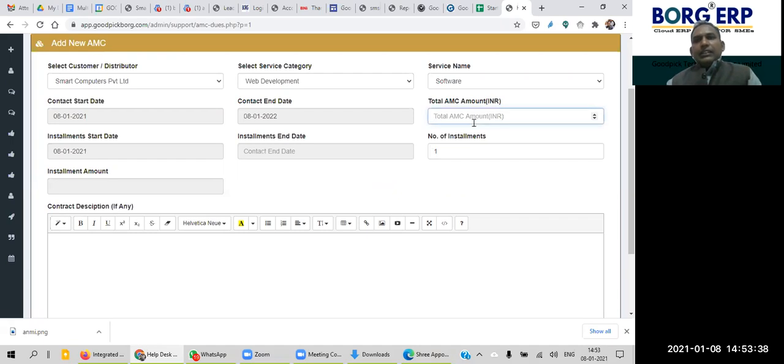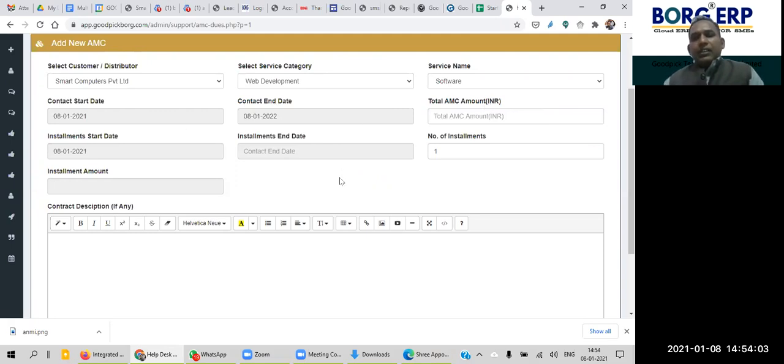Then here you can enter the AMC amount, which is the contract amount, and then the installment start date and installment end date. So we have entered the customer, service category, contract start, and contract amount. Now what is this installment?